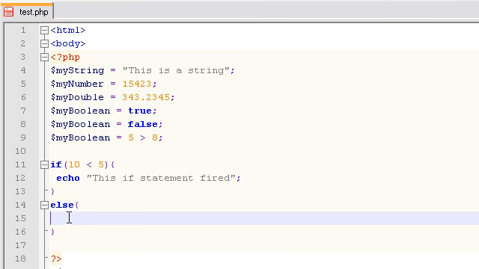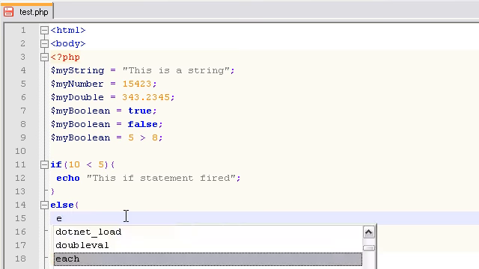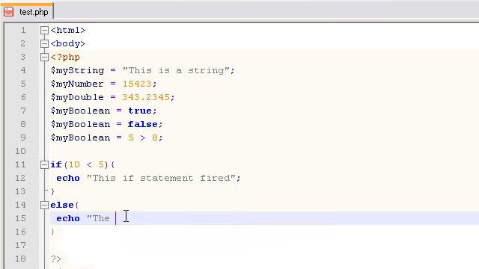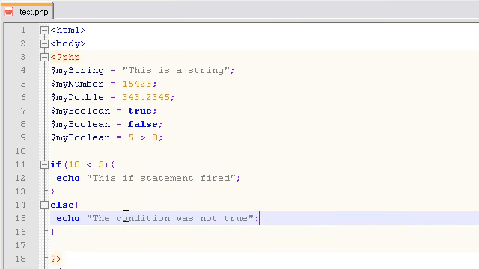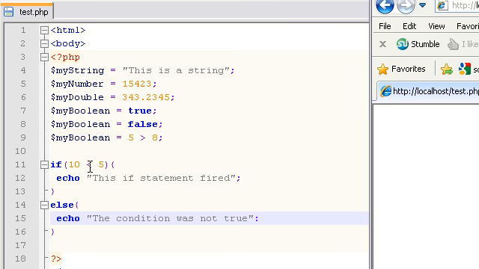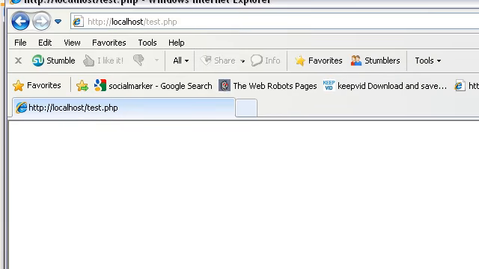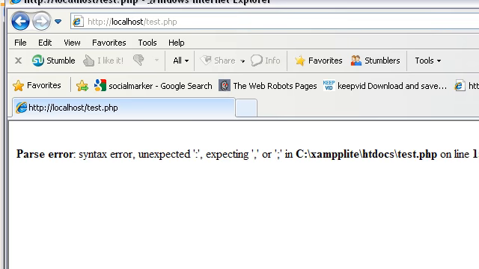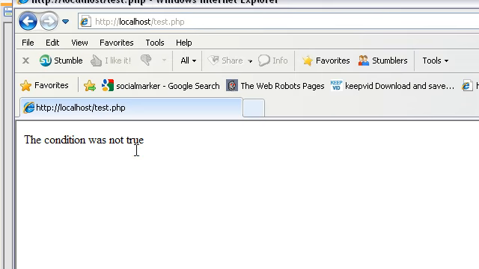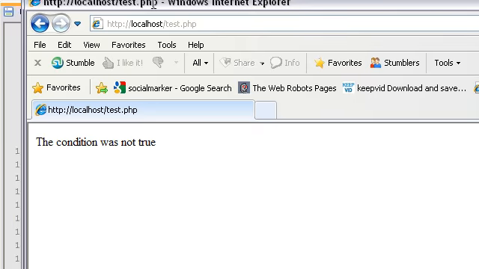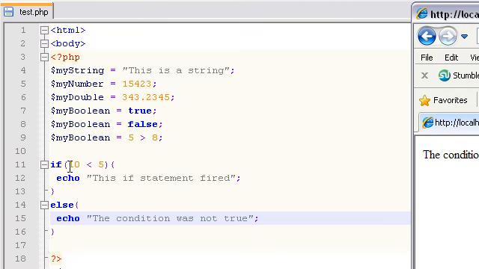So let's go echo the condition was not true. So let's save that, and again, we're comparing if 10 is less than 5, which of course is false. And we have a parse error here. Oh, I see. So let's try that again. Okay, the condition was not true because the condition which it is referring to is right here, your parameter for your